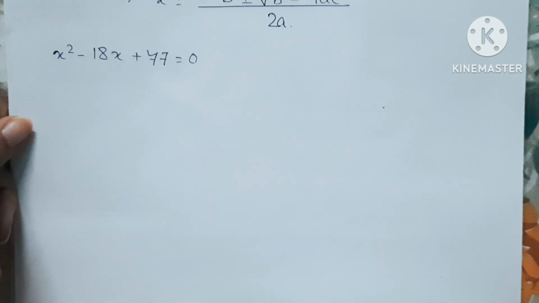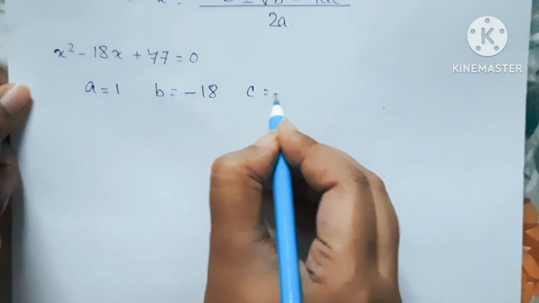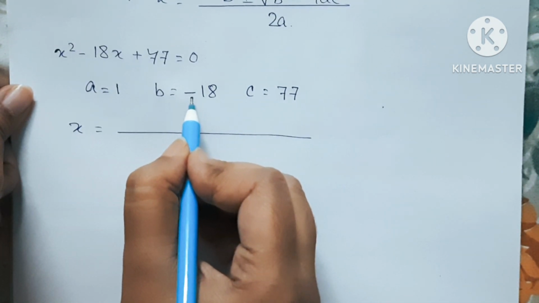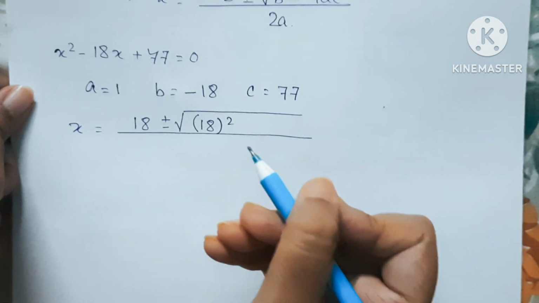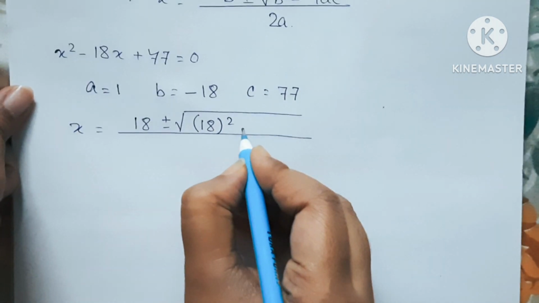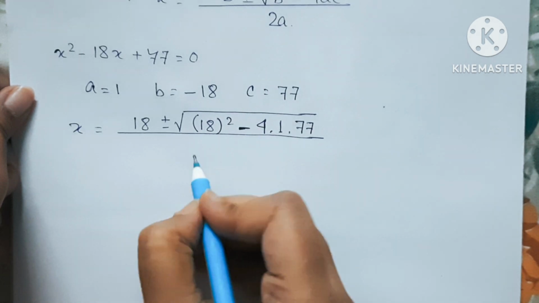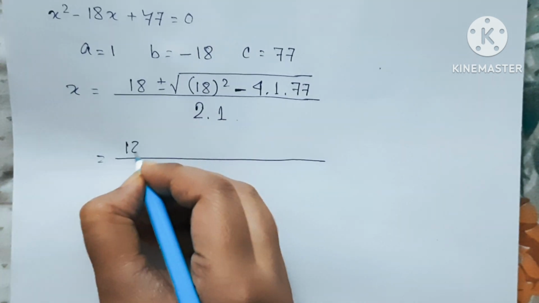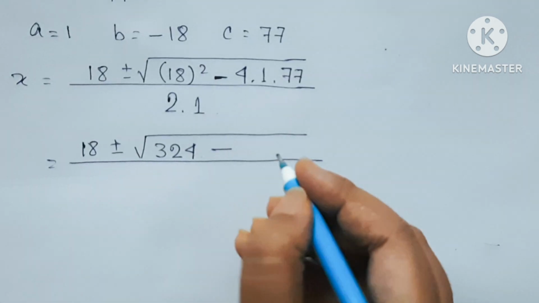Now I am going to solve this equation by method 2, that means using Sridharacharya formula. See here, a equal to 1, b equal to minus 18 and c equal to 77, right. So x equal to minus b, that means minus of minus 18, it will become 18, plus minus root over b square, that means 18 square, minus 4 into a means 1 into c means 77, by 2 into 1. So what you will get, 18 plus minus root over, see 18 square means 324 minus